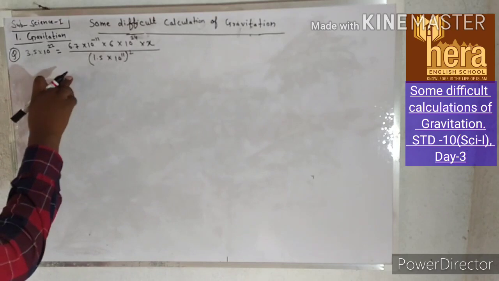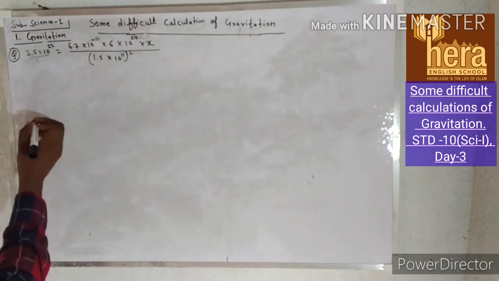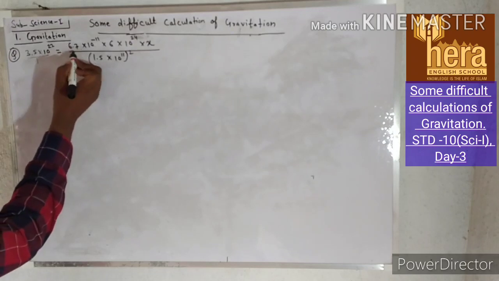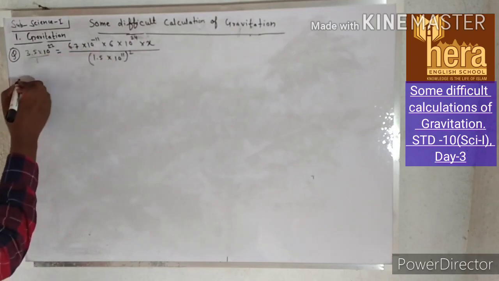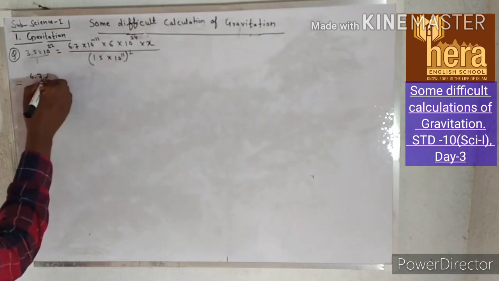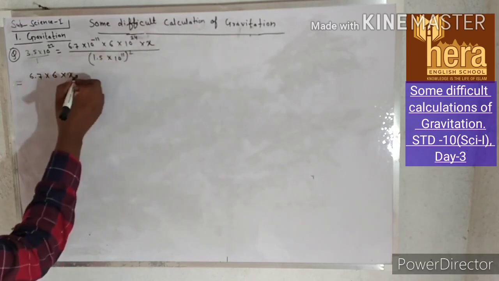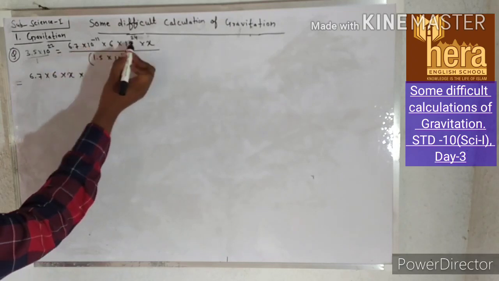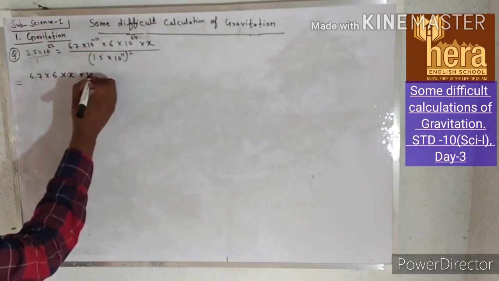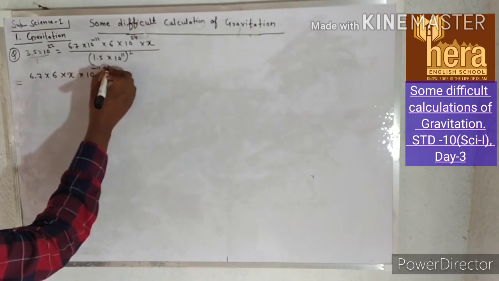Okay, so this will be equal to, by cross multiplication, here is the 1, this into 1 will become the same number. Write the number at one place. It means we can write this will be equal to 6.7 into 6 into x into, see, here the base is 10, both are in multiplication, so the base will be 10 and the index will be added. It means minus 11 plus 24